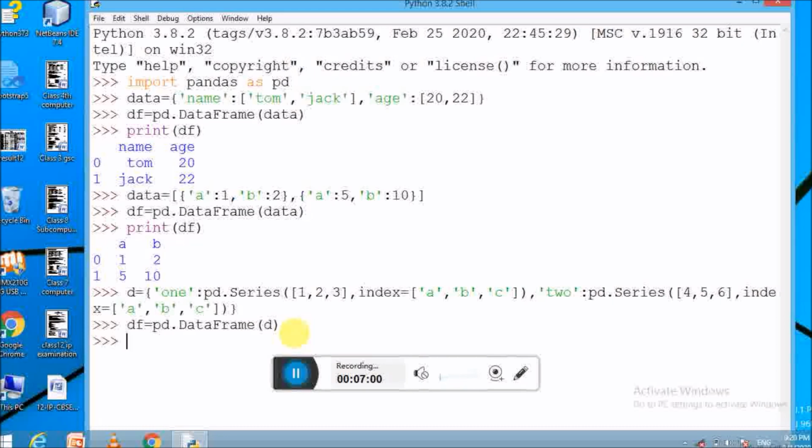Now to see the result, type the print command and inside it pass the variable in which the data frame is stored, which is df, and press enter and see the result. The values are aligned in rows and columns, or we can say aligned into a two-dimensional array or similar structure.